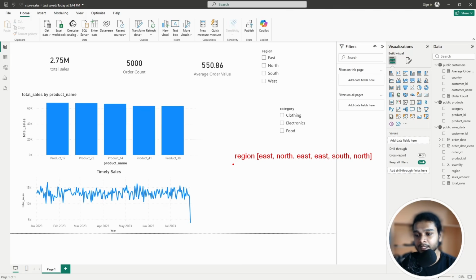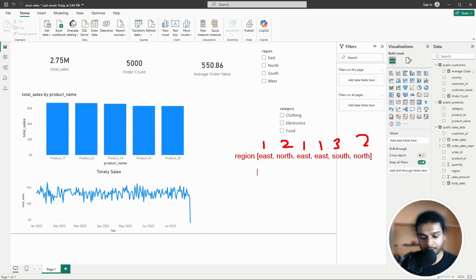Now, this will not be stored as is by VertiPaq. What it does is, it turns these unique values into integers. Let's say it assigns 1 to east, and 2 to north, and east is already assigned 1, so 1, 1, and south as 3, and north as 2,